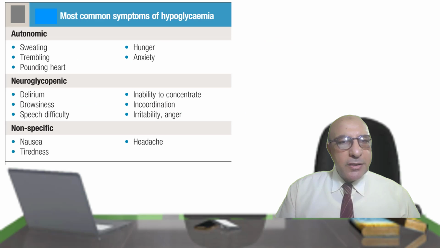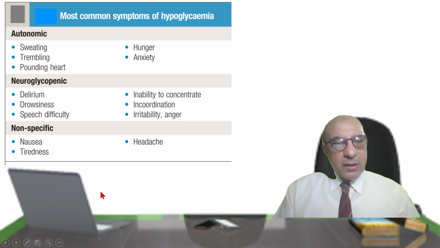Let's see. In this table, you can see these two groups. As regards the autonomic or sympathoadrenal symptoms, we have sweating, trembling, pounding of the heart, hunger, and anxiety. As regards the neuroglycopenic, we have